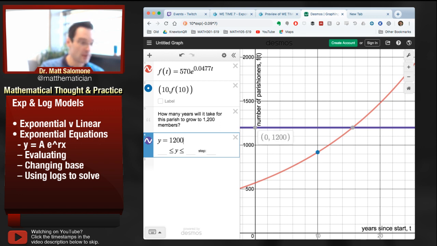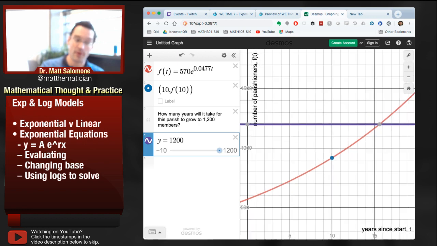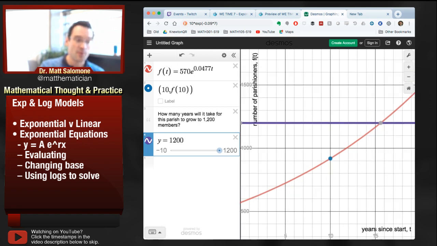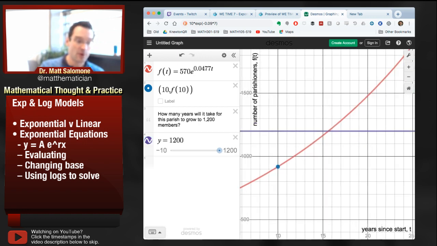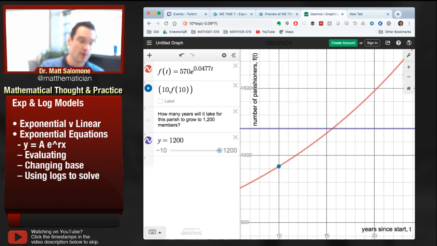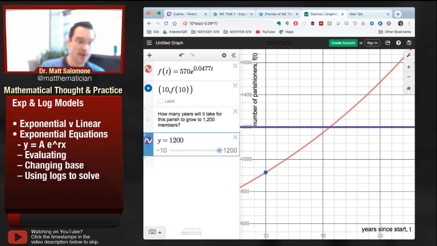Because on the y-axis, this is the point 0, 1,200. And so the point at which I have 1,200 parishioners is going to be the point where my exponential growth curve here intersects with my 1,200 parishioners equation. And again, my Desmos graphing calculator can ride in on a white horse and tell me that the value of t for which this happens is about 15.607. So zooming back out for a second,